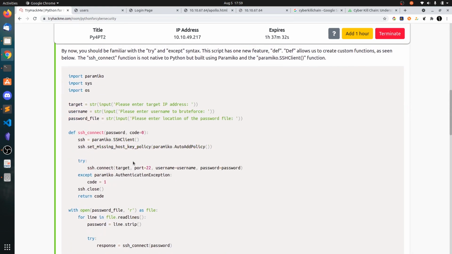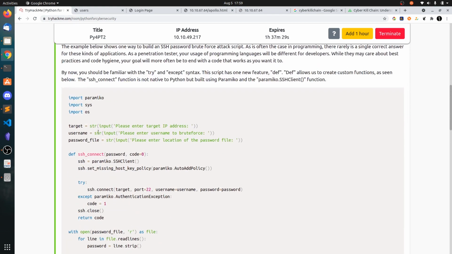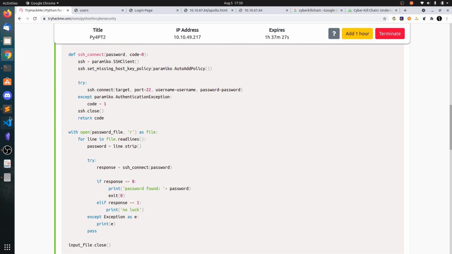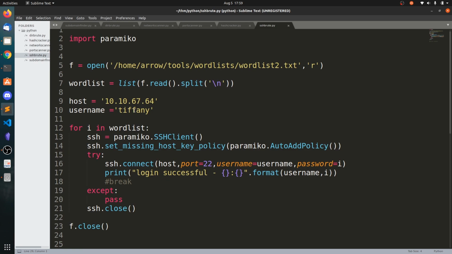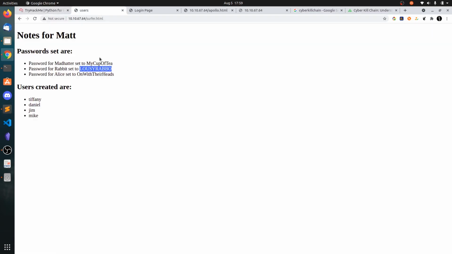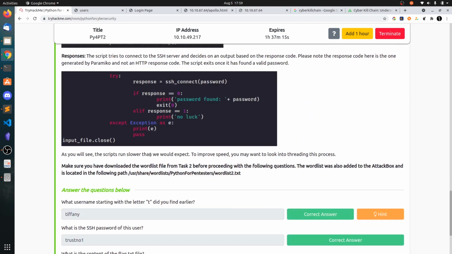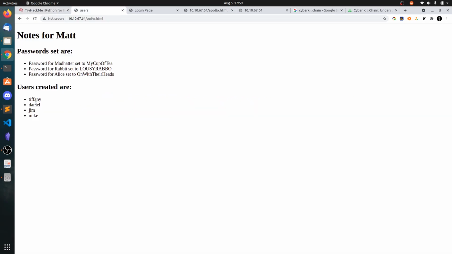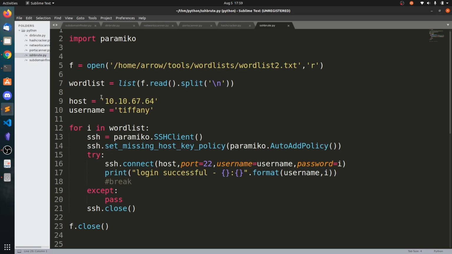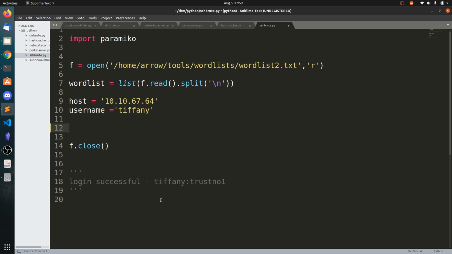And SSH brute forcing, I never used this Paramiko, so let's go and use that. So we have found the users Tiffany, Daniel, Jim, Mike. We want to find the password for the user starting with the letter T, so that is Tiffany. So we got the host name and the username. So again we have the word list and we have the host and username. For i in word list,